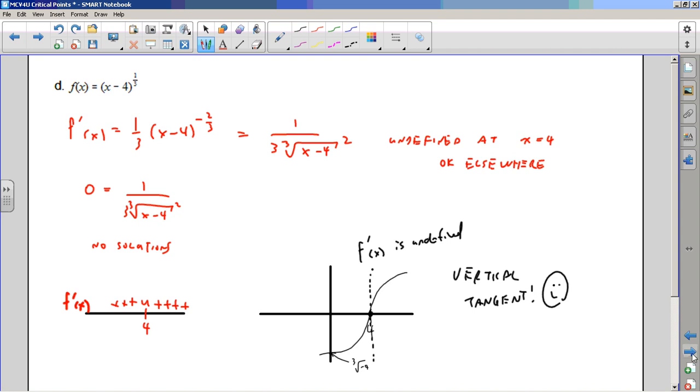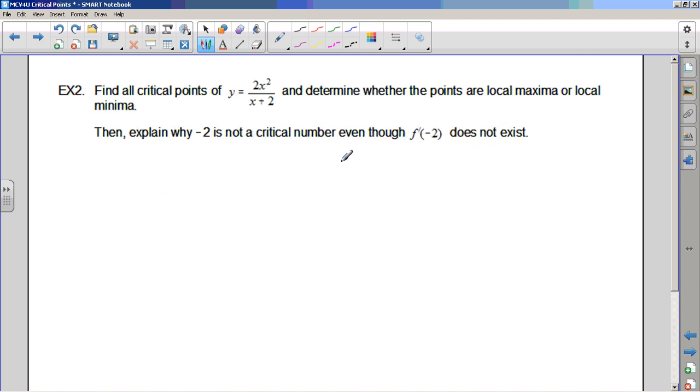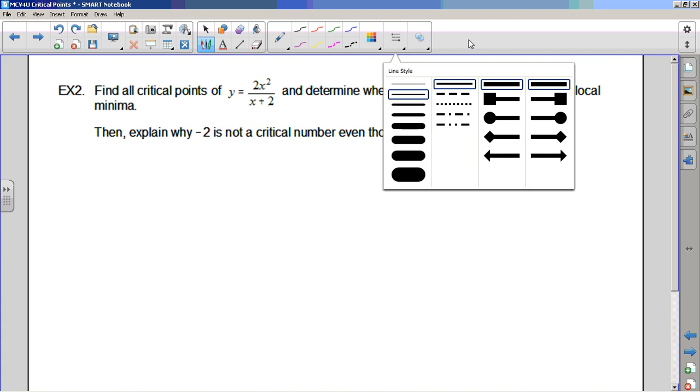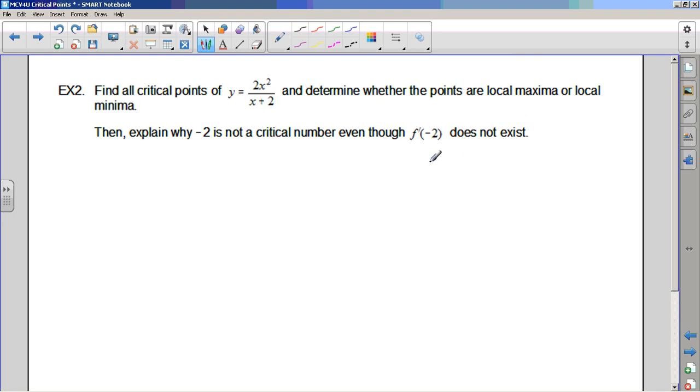Okay, let's do example 2. Find all critical points of that bad boy and determine whether the points are local maxima or local minima. Same thing. Take the derivative, set it equal to 0, check out whether the critical points change signs to figure out whether maximums or minimums. All right, so y prime, this is going to be a quotient rule. You could write it as a product rule if you like. I'm going to take the derivative of the top, write down the bottom, subtract, write down the top, derivative of the bottom over the bottom squared, tidy up